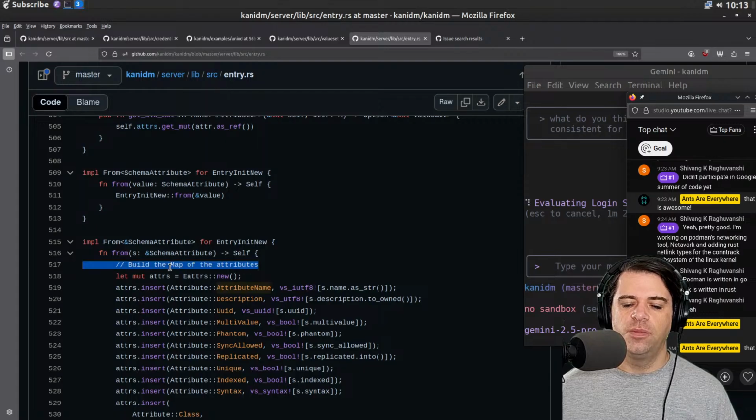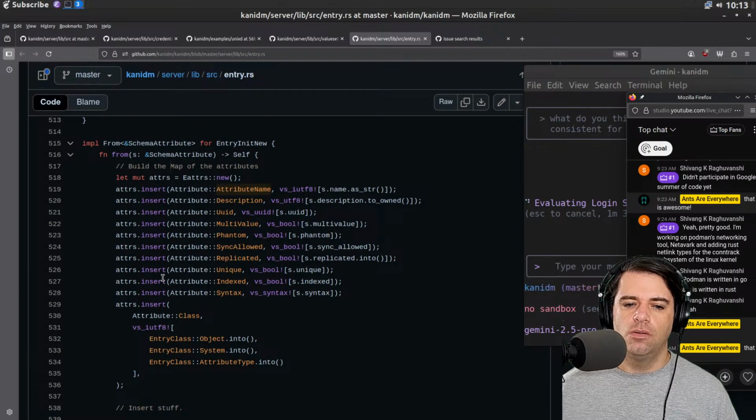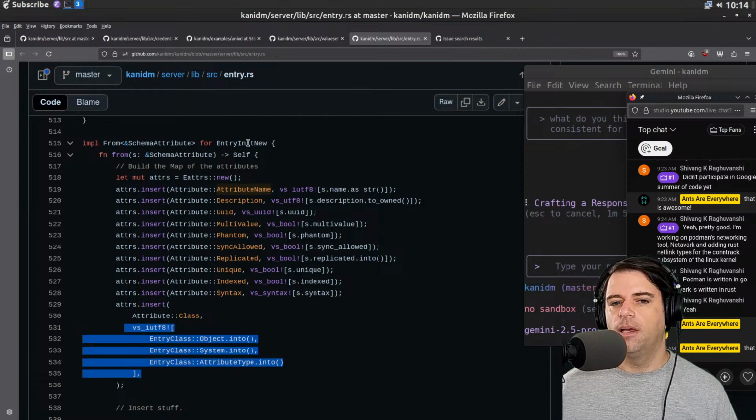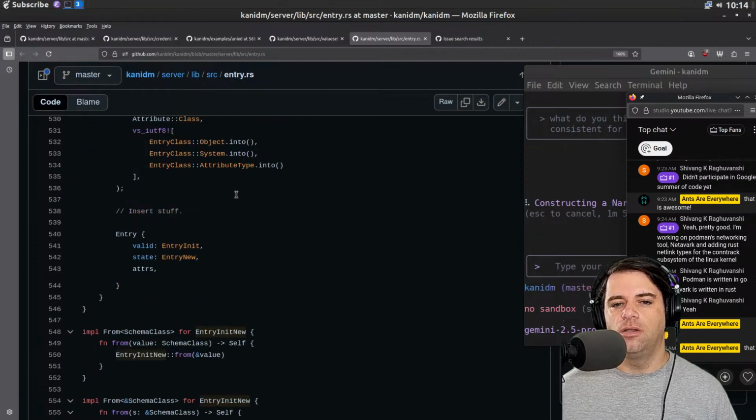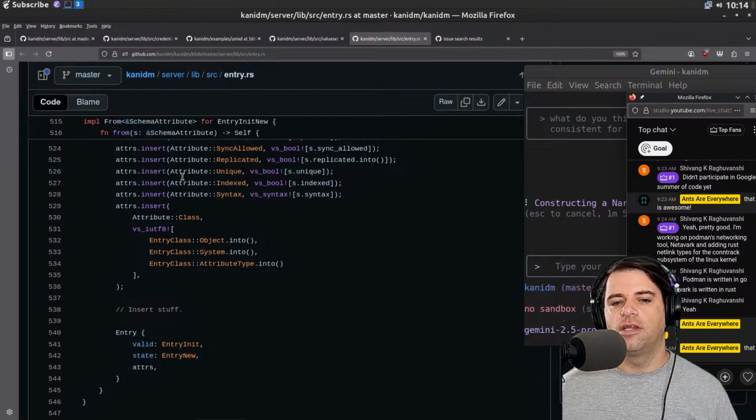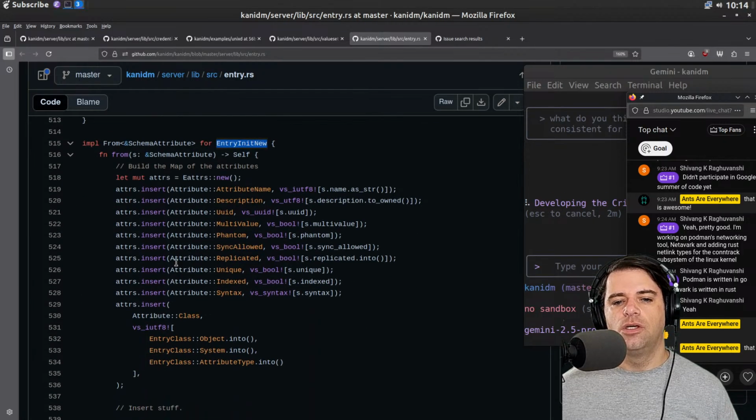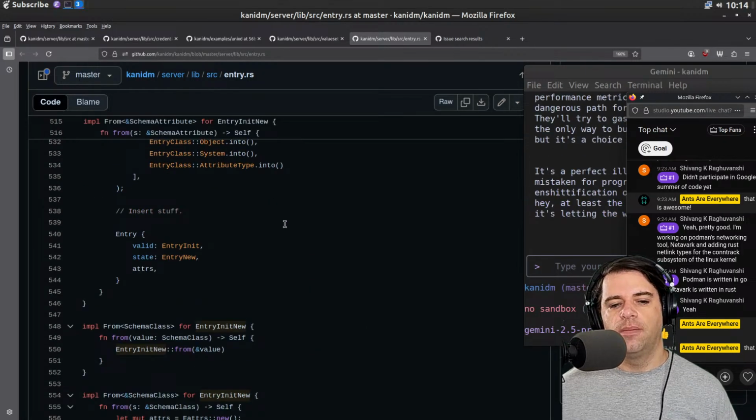Build the map of the attributes. So you're going to create empty attributes, then insert a bunch of attributes, passing in from the schema. We're going to get the name and the description, etc. And that's going to create a bunch of attributes, and it's going to just create an entry type. I guess that's empty and ready to be populated, which is maybe why it's called entry init new. So this is like rendering a schema, I guess, to the entry struct type.